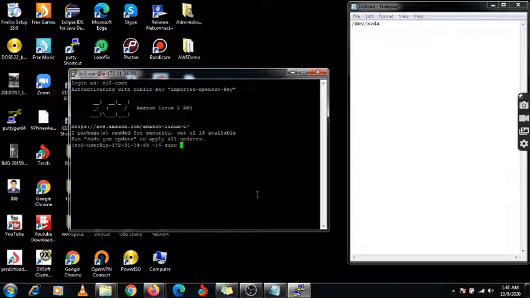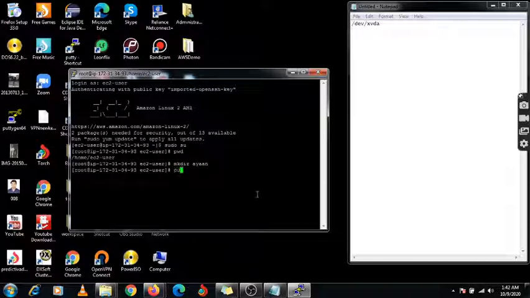So for demo purposes we are just creating some files. This is my path. Under this /home/ec2-user I am going to create one directory with mkdir, named IAN, and under that IAN directory I am going to create some files: A1, A2, A3. So this is the EC2 instance which I have created.